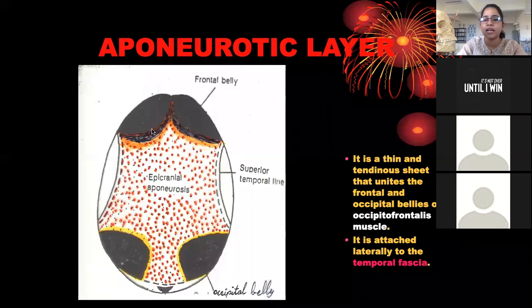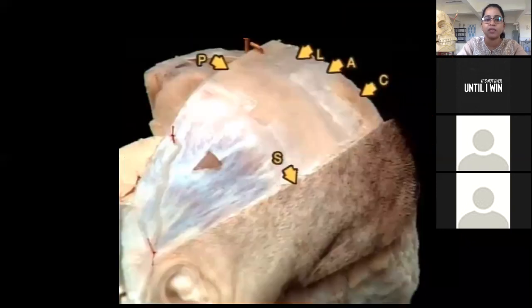Now let us understand the muscle attachments of the occipitofrontalis muscle. What is this occipitofrontalis muscle? We will see. Now see here, once we reflect the skin, we see connective tissue like this. Then we see the aponeurosis like